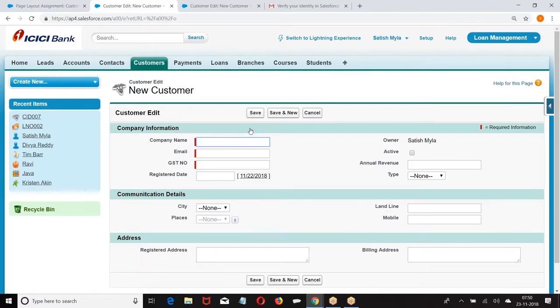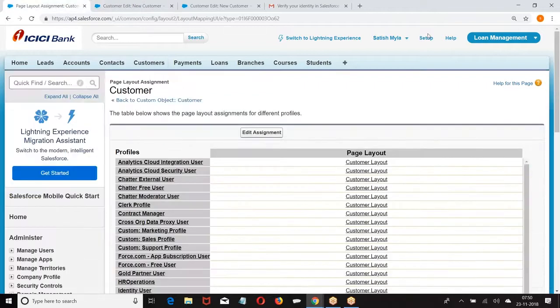Page layout is giving which fields should be displayed, in which order they should be displayed, and in which format they should be displayed, required or not required. Then which buttons should be displayed, what are the related lists that should be displayed, and what are the fields on the related list that should be displayed. So how did you create this?